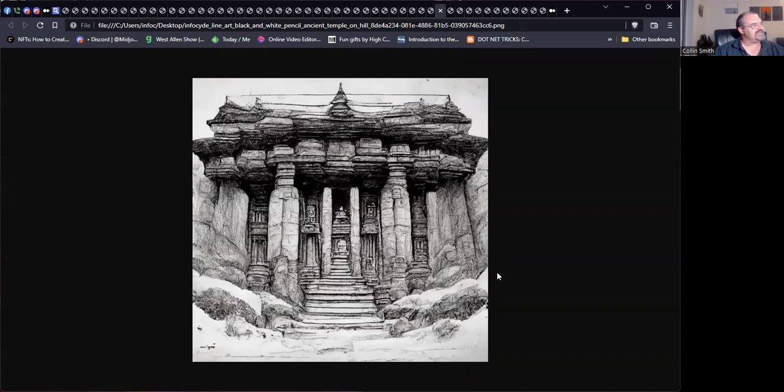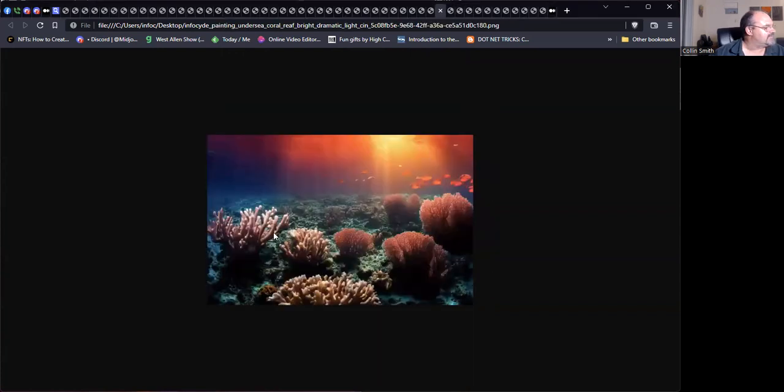It's just crazy. So anyway, what else can I show you before I go? You can get photorealistic like this guy, and you can make the pictures bigger if you want, of course. It's just crazy.